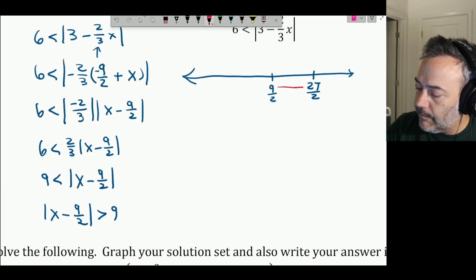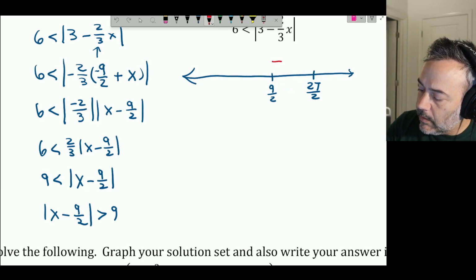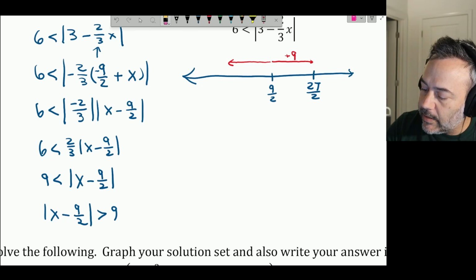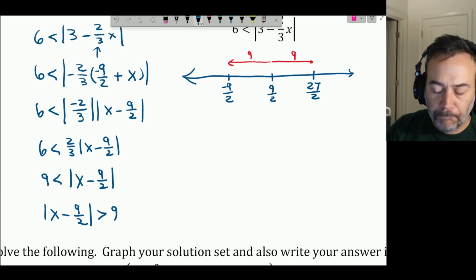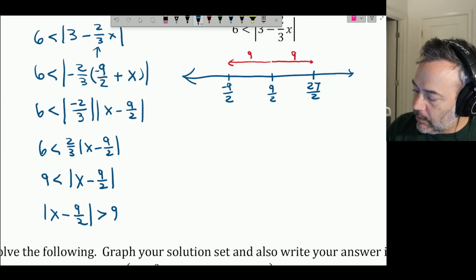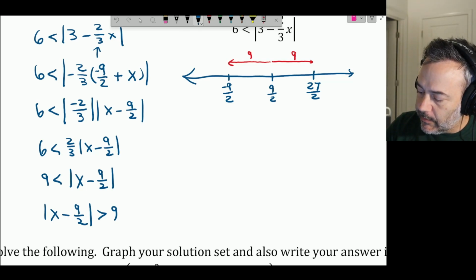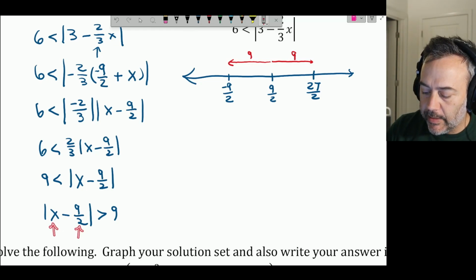This distance, let me do it this way. This distance here is 9. And this distance here is 9. You can think of it as just a distance of 9 without sign. And this value over here is negative 9/2. And so this is the center, and we want the distance from x to negative 9/2 to be